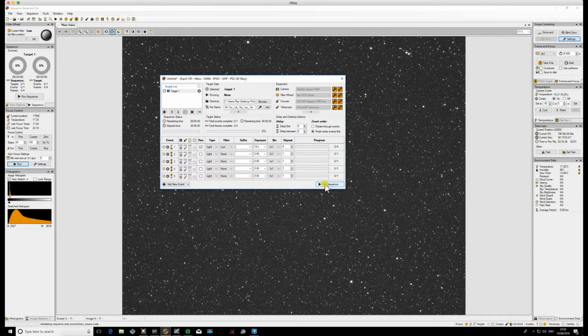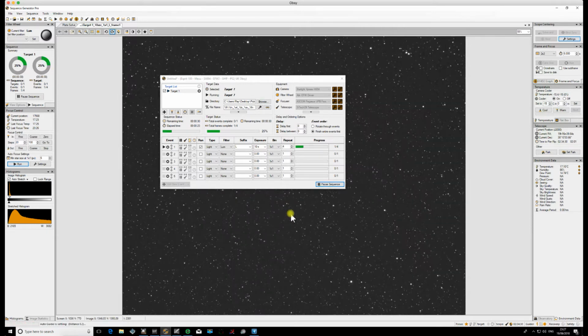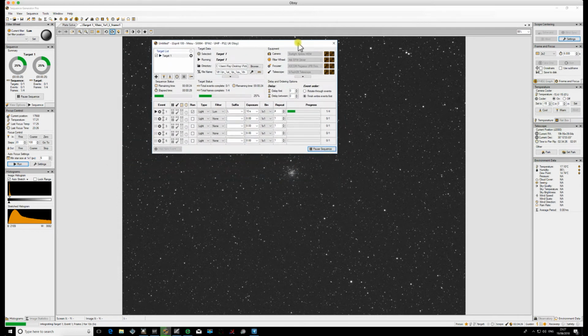So all we need to do now is run the sequence. Click OK, so I haven't got centering on, so that's fine. And off we go. We're now going to start on the sequence. We're going to start taking some short 10-second subs. And remember, what I've just changed in the control panel is I changed to autofocus on every 3rd sub. So that's the first one. It will take the second one. Then after the next frame, it should now automatically start off the autofocus routine. So when it's downloaded,